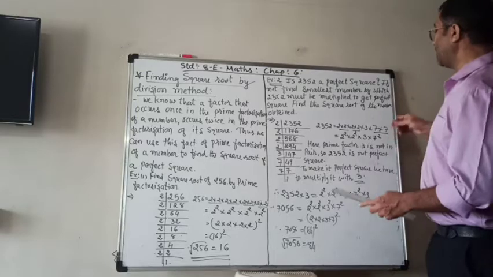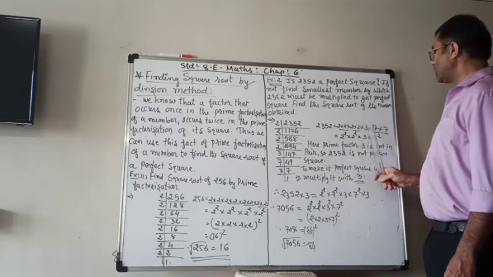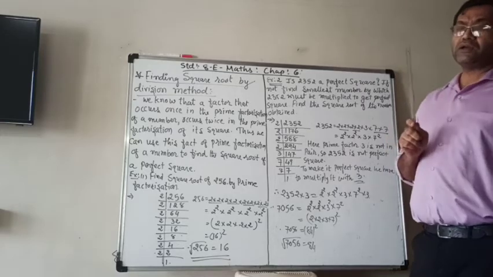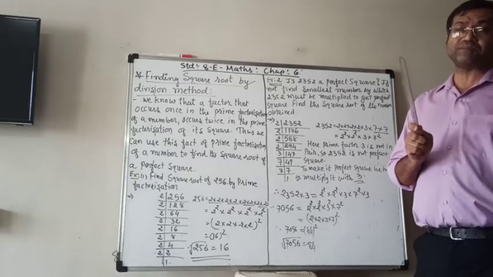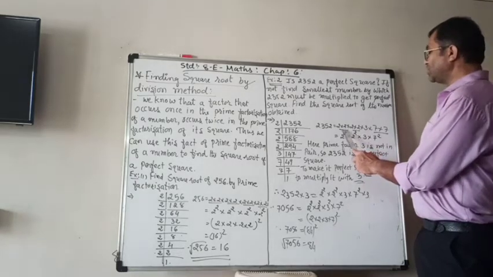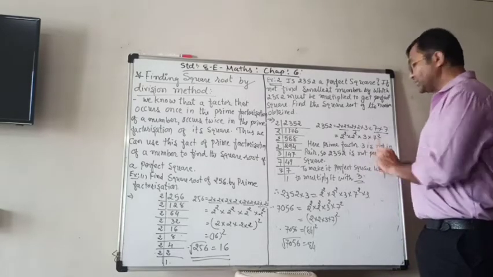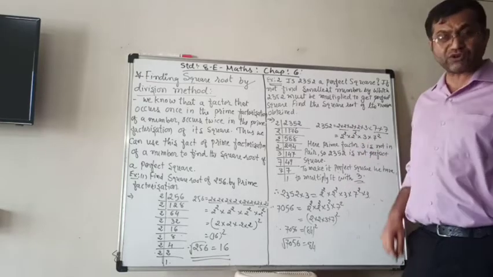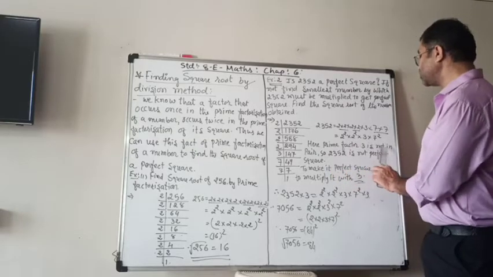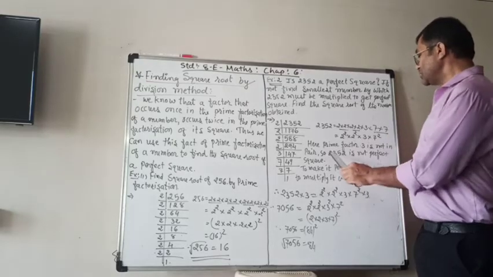So here, what is the prime factorization of 2352? 2 times 2 times 2 times 2 times 3 times 7 times 7. If it were a perfect square, you would get all the prime factors in pairs. But here you can see that 2 and 2 are a pair, 2 and 2 are a pair, and 7 and 7 are also a pair. But in the middle, 3 is not in a pair. So is it a perfect square number? What can you say? No, because of 3. Here the prime factor 3 is not in a pair, so we cannot write 3 square. So it is not a perfect square.